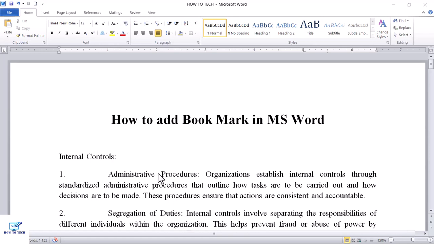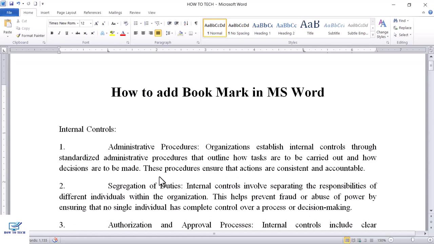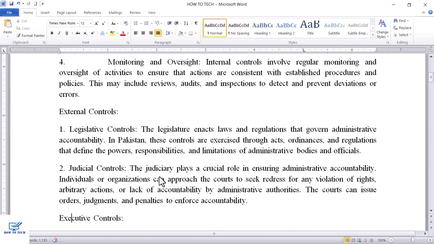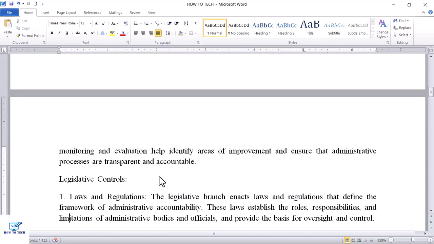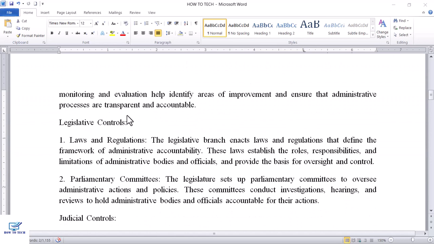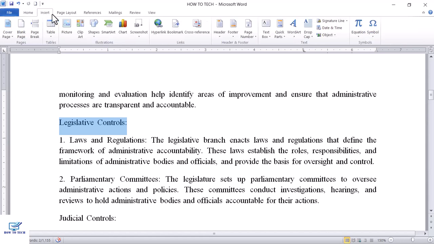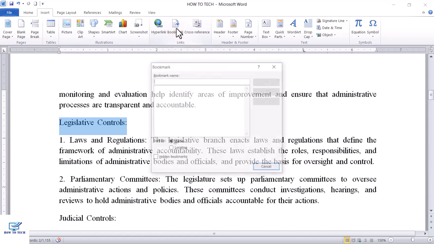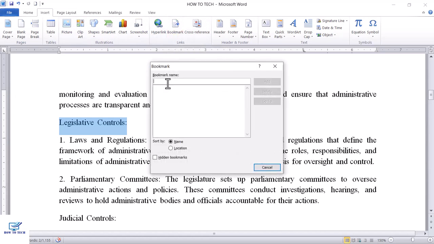Suppose in this document I have read up to that point. So I want to add a mark so that the next time I start reading, I may start from this point. So to insert a bookmark, I will go to the Insert tab, and here you can see Bookmark, and you can add its name. Suppose I am putting the name